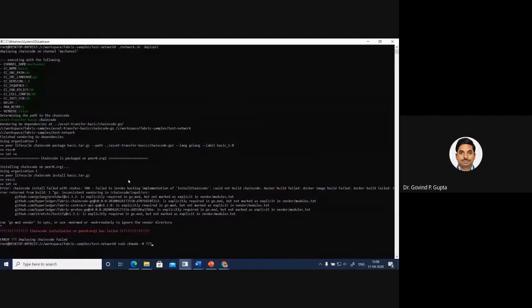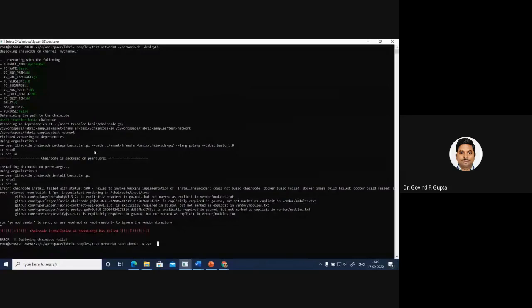So actually, whenever you are going to deploy the chain code, the chain code is going to attach to each peer, so it is going to modify some memory. You see by default the chain code is basic asset transfer, and that is packaged into a tar file. It requires changing the mode for read and write. That's why I have written 777. So I'm allowing both read and write operations over the chain code by the peers.